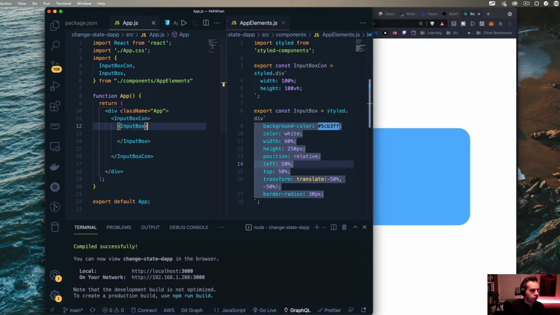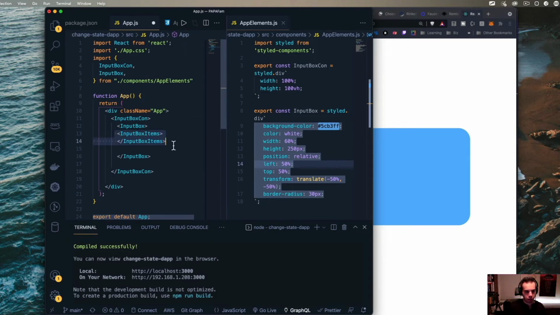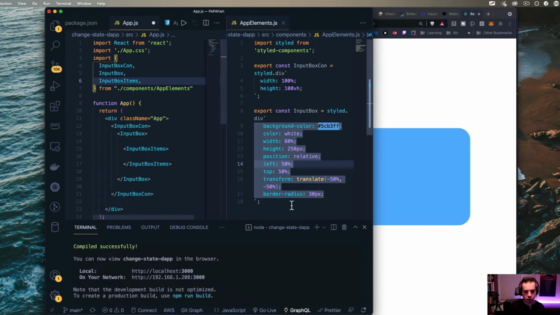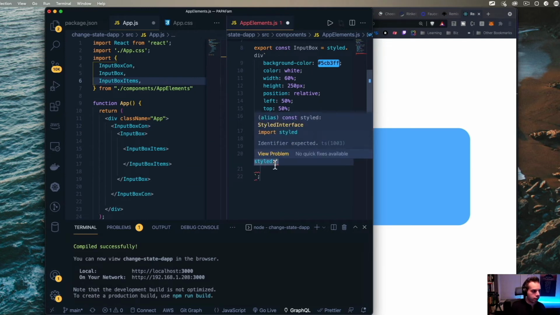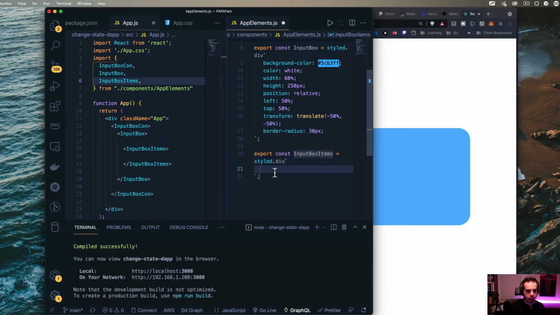So now we're going to put some things in this. I want to put a status symbol, but I'm going to put that later. I'm going to have some titles. So we're going to have input box items in here. We're going to import this from this object. We're going to do exsc. We're going to call that. And this is specifically going to be a div. And we're going to be putting in some of the items that we're going to have for the text input and also the rendering of the state, which you'll see in a little bit.